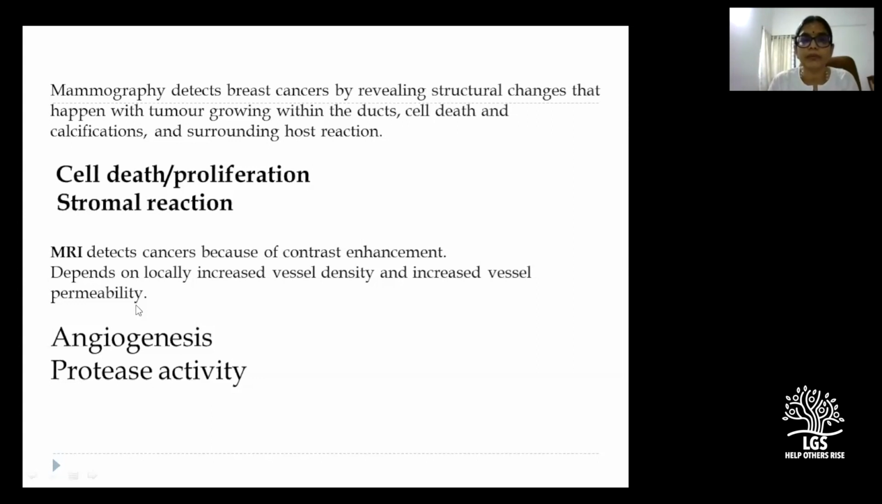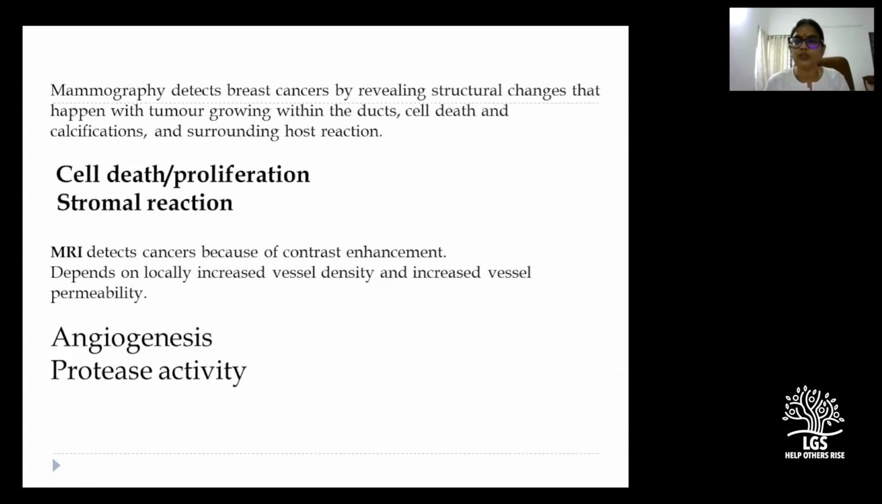So essentially, mammography is all about cell death, proliferation, and stromal reaction. Whereas fundamentally, I have not included any MR images here in this talk. In the future, sometime, let's go through some MR related images, and that actually adds a bit more perspective in terms of understanding breast cancer. Functionally, MR actually detects cancers because of contrast enhancement. So this depends on the local increased blood supply. We know that tumor, for it to grow, needs blood supply, and this blood supply is all brought about by